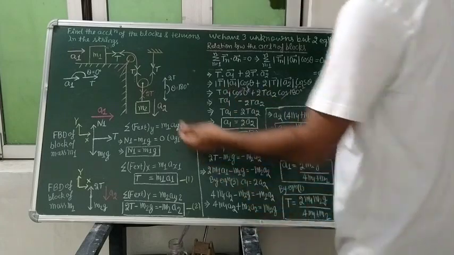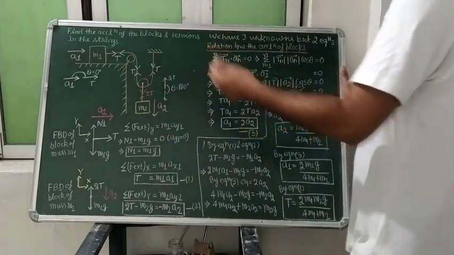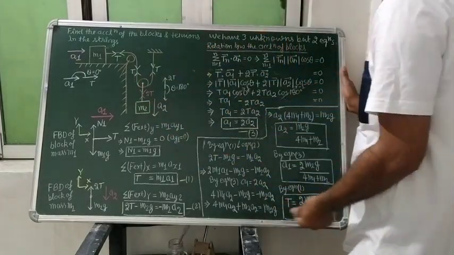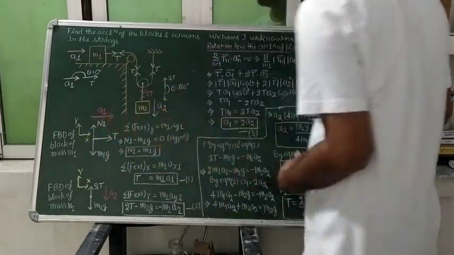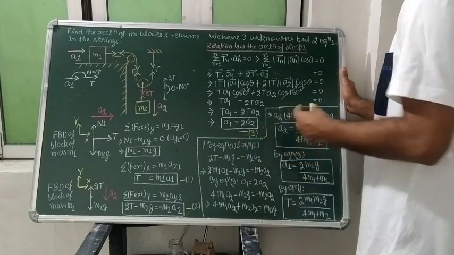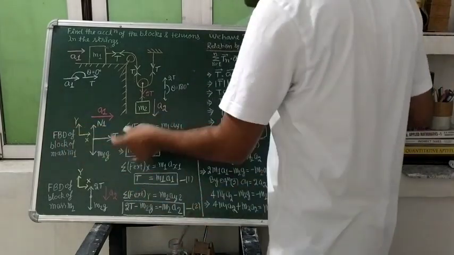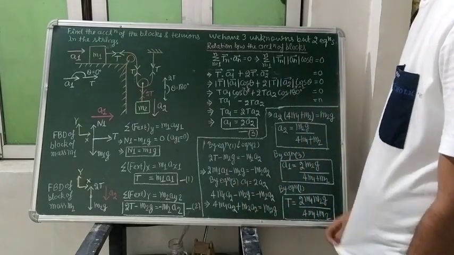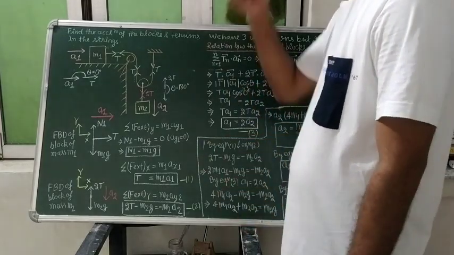Due to the contact present here, the normal reaction N1 will act on it, so that will always be perpendicular to the contact surface. T tension is acting in this direction and the block is oscillating with A1 acceleration in the positive x direction if we have selected the coordinate system like it. Okay. So after drawing the free body diagram, we will apply Newton's laws.